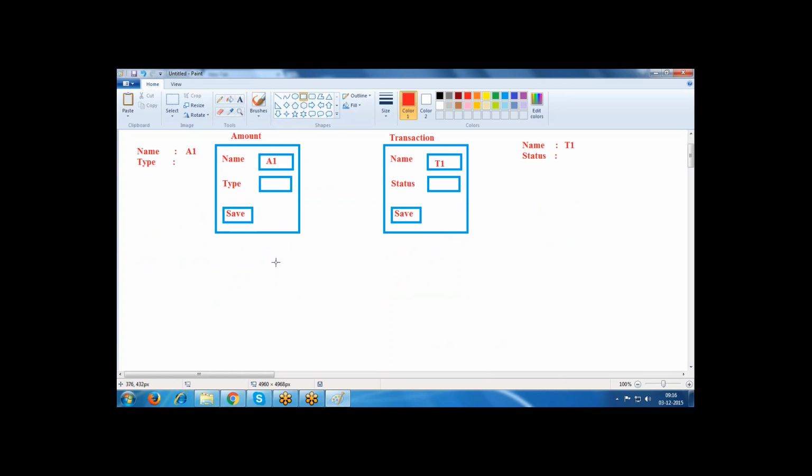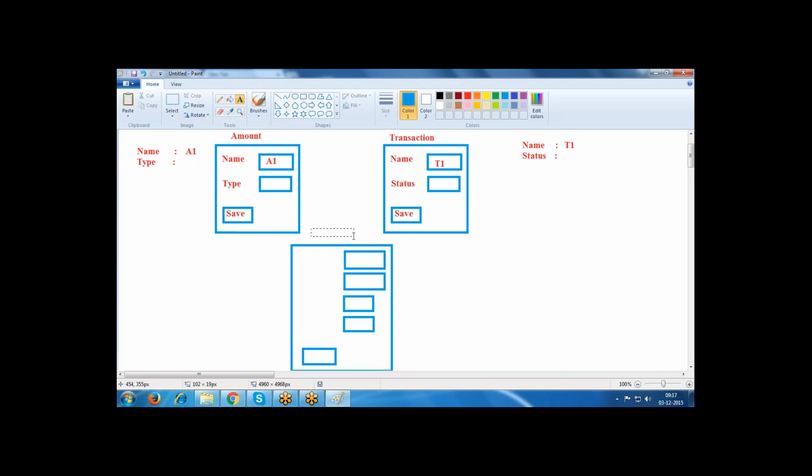And here we have one more object. In the one more object, we have some fields.